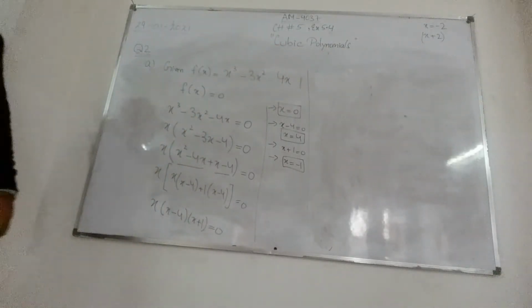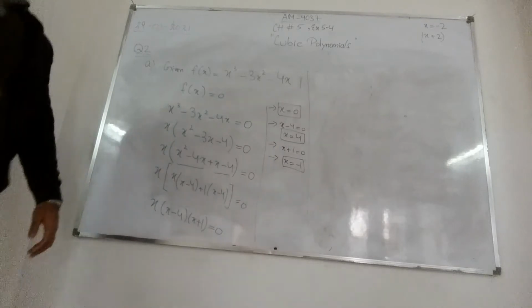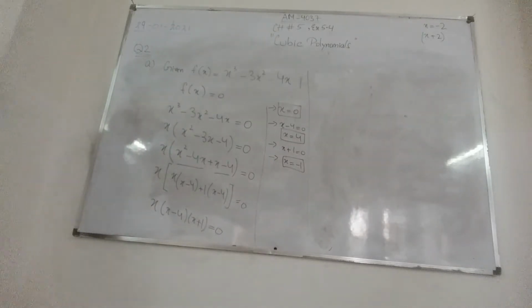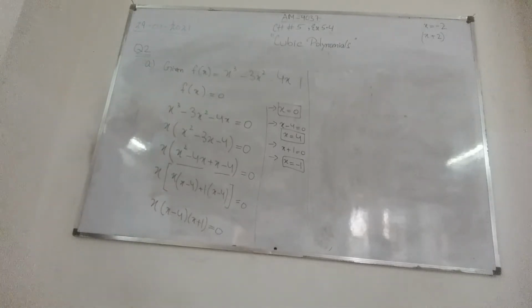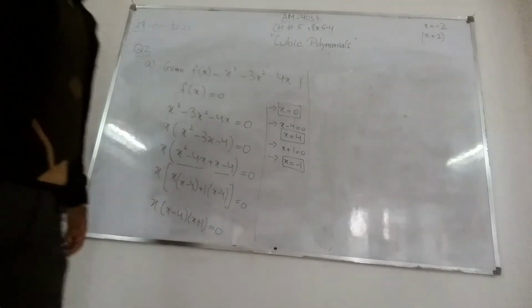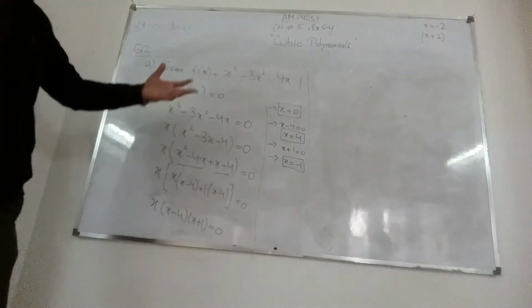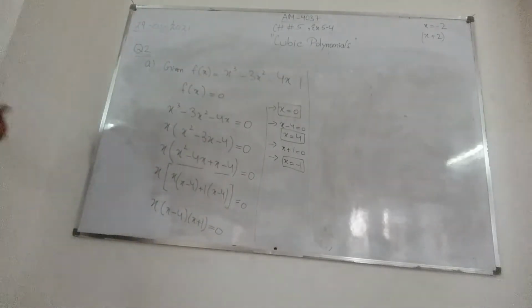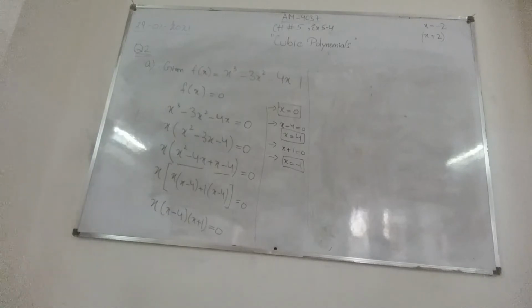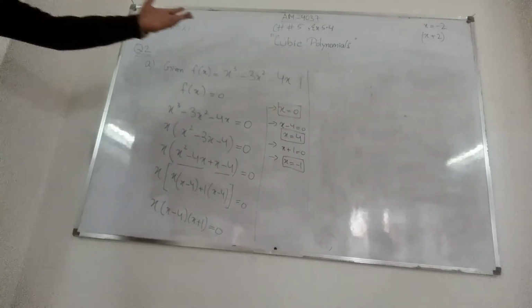Since we started chapter number 5, I told you that polynomials is basically poly means many and nomials means terms. So we have terms. If there are two terms, it is called a binomial, and if there are more than two terms in an expression or an equation, it becomes a polynomial. Poly means many and nomial means term. This was a basic introduction of polynomials.